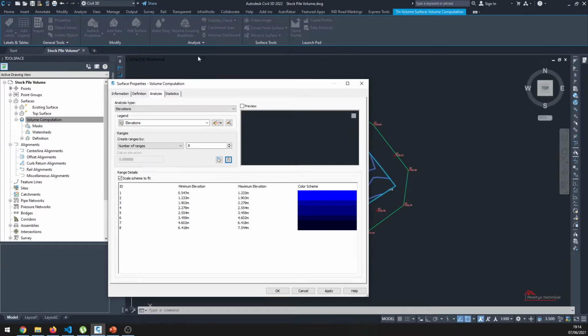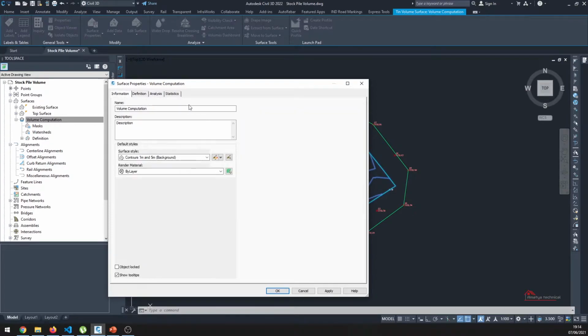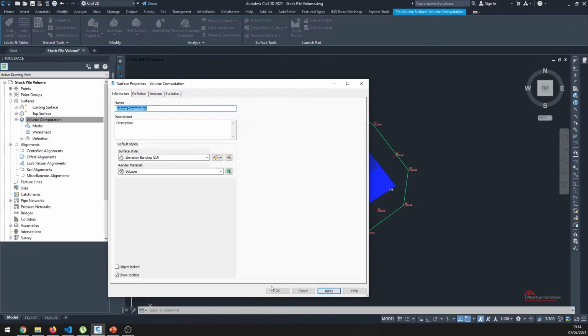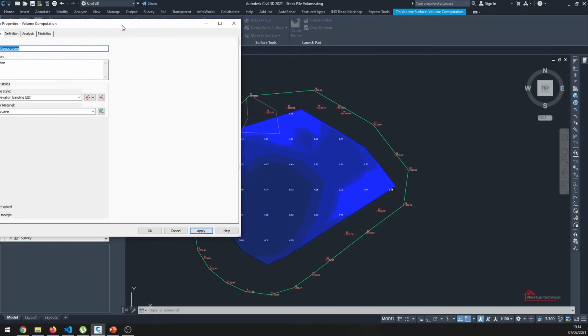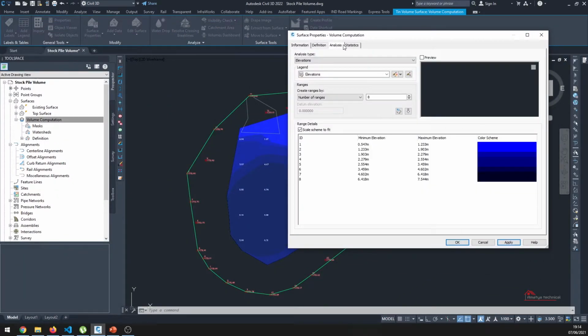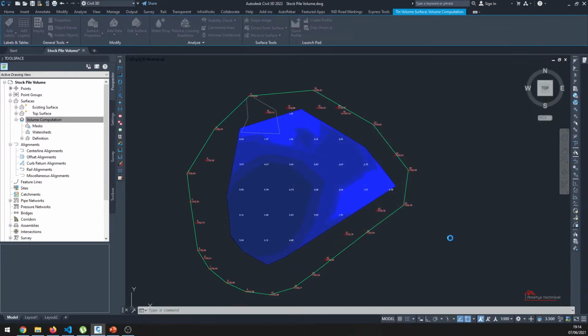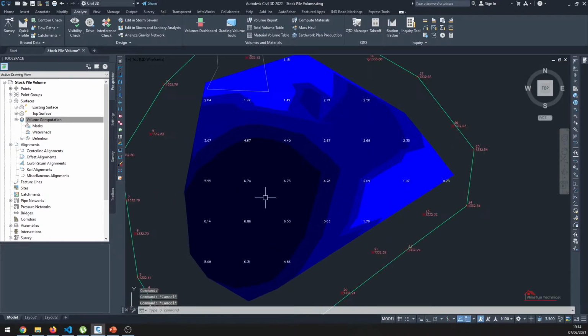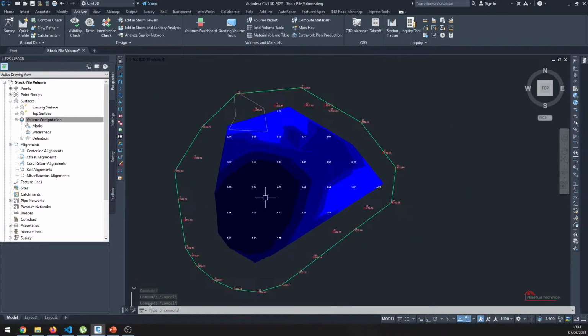One more thing we need to do is click on the Information tab, and for the surface style I'm going to choose Elevation Banding 2D and click Apply. If you don't like this blue color, you can also change it by clicking on this button. For now I'm going to let it be like this. Here you can see the dark one is of greater elevation.